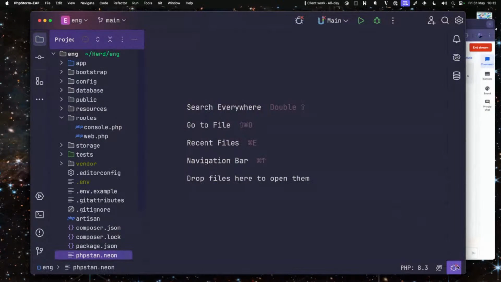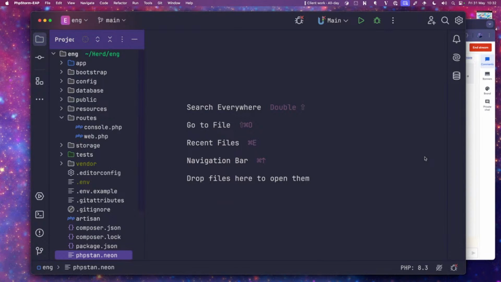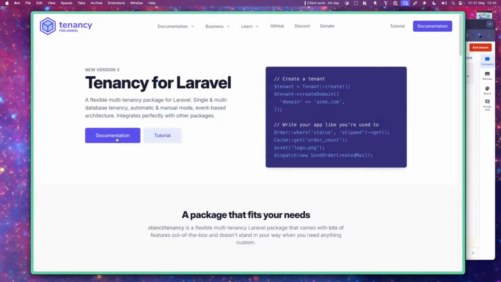So multi-tenancy, it sounds a lot more complicated than what it is. And I think the reason behind that is mainly because people think you've got to do some crazy networking, and you actually don't. So if we come back to this package here,